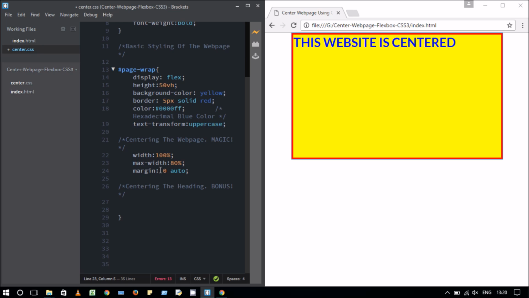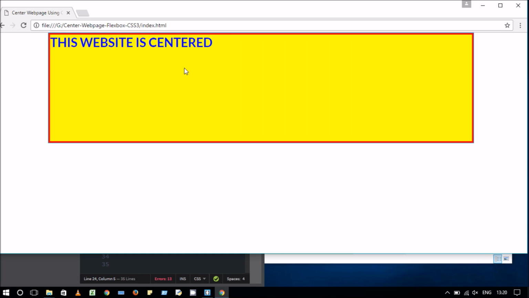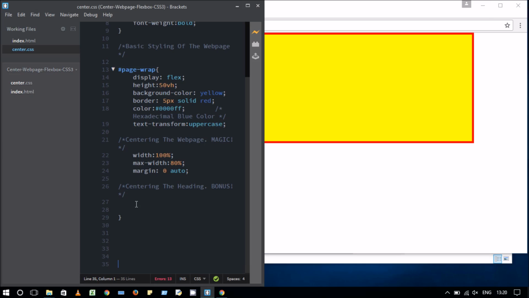Margin is basically the area outside the web page, that is the area between the website and the browser. So now let's see the web page. You can see this website is centered, but still the heading is not centered, and now I am going to center it using just a single line of code, that is